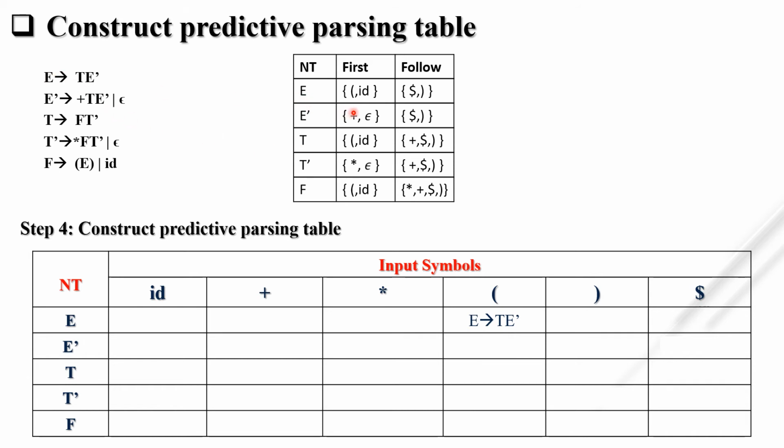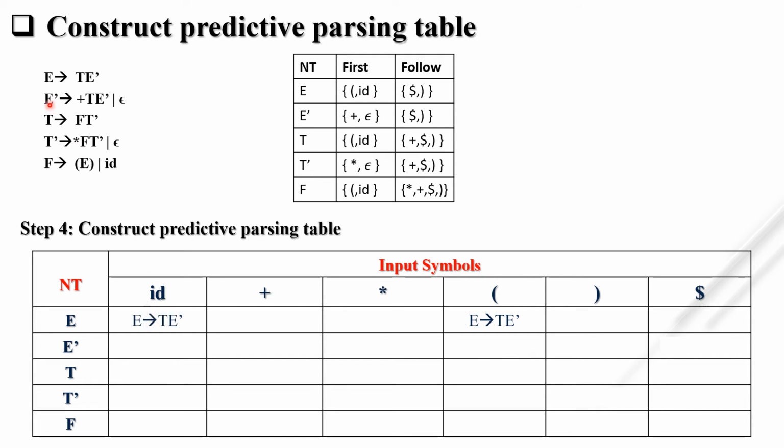पता चला हमें यहाँ क्या करना है, E के फर्स्ट में क्या है, ओपनिंग ब्रैकेट। फॉलो में जाना ही नहीं क्योंकि यहाँ पे नल नहीं है। अगर नल होगा तो हमें फॉलो के पोजीशन पे कुछ रखना होगा, जो भी नॉन प्रोडक्शन होगा वो मैं आपको बाद में एक्सप्लेन करता हूँ। यहाँ पे नल नहीं है। फर्स्ट क्या है, ओपनिंग ब्रैकेट। हमें ये ओपनिंग ब्रैकेट किस प्रोडक्शन से मिला, इस प्रोडक्शन से मिला। इसके थ्रू हम यहाँ तक गए थे। ओके, सो हमें ओपनिंग ब्रैकेट में E टेंड्स टू TE डैश लिखना है। सिमिलरली हमें ये आईडी कहाँ से मिला, E टेंड्स टू T से फिर F पे गए, F से फिर ये आईडी मिला। तो हमें आईडी की पोजीशन में भी E टेंड्स टू TE डैश लिखना है, क्योंकि इस प्रोडक्शन के थ्रू हम आईडी पे गए। ओके, सो इन आईडी वी राइट E टेंड्स टू TE डैश।